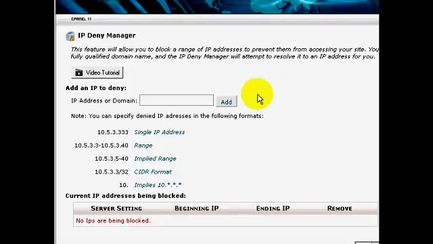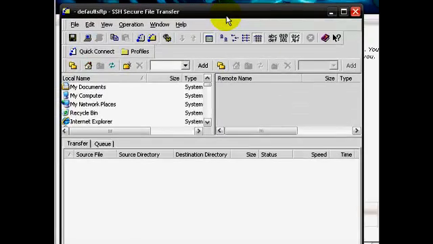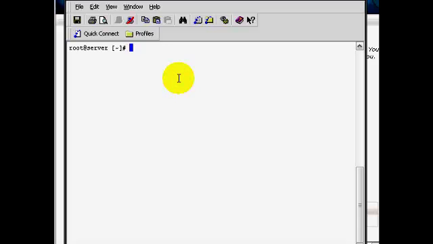Now, if you're running a dedicated server like me, if you want to block an IP address, you want to block it across the board so that they just can't access any of your sites. You don't want to just block it for one specific site. So what I do is I use a program called SSH. Okay, so right now I am in my root area, and to block an IP address for my specific server,